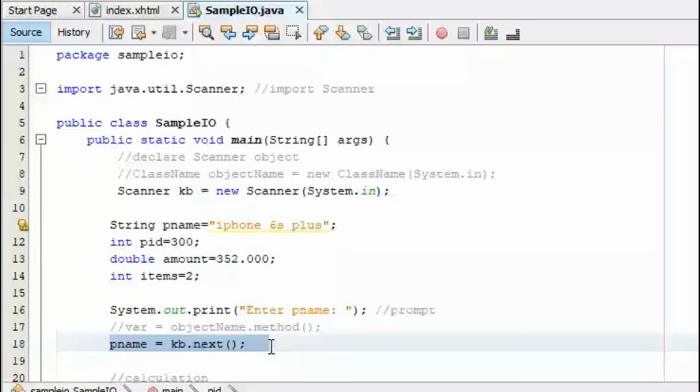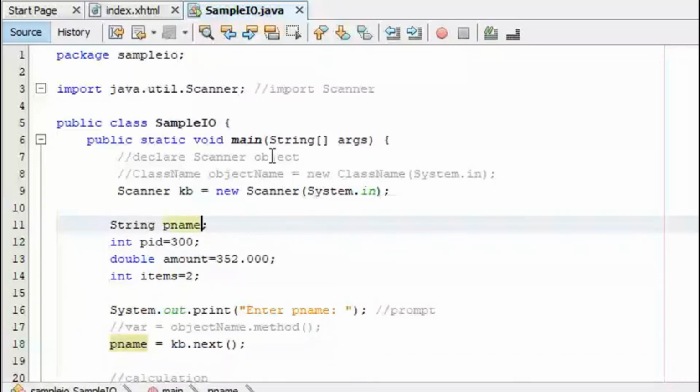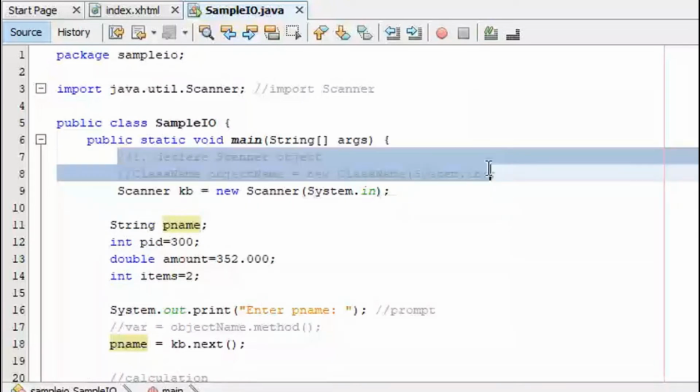Okay, so there are three important steps we have done. Let me remove this now because I will input here. What are the steps we have done? This is our step one. Step one, we have declared the scanner object using this syntax. Correct? Step two, this is to import.